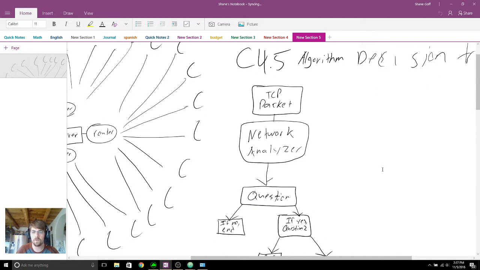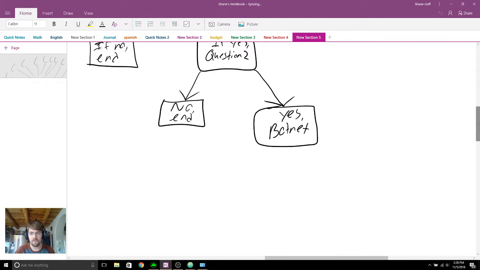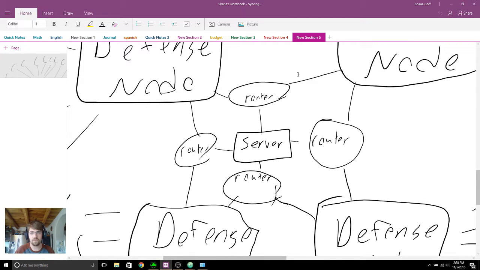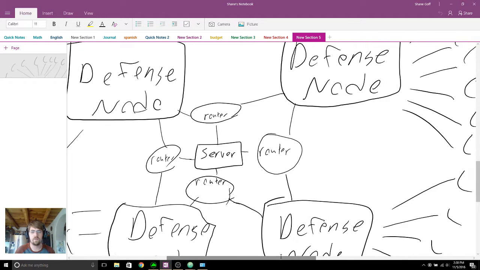So those are the two algorithms that are being used for the machine learning in this scenario. The idea behind what they're doing here for this distributed defense, so we're just going to zoom in again and come on down here, is they set up a series of defense nodes alongside all of their upstream routers. They set up these defense nodes in a way that every single defense node is going to cover every point of access to that network. So this server is completely covered by defense nodes. You would never be able to contact this server without going through one of these defense nodes.